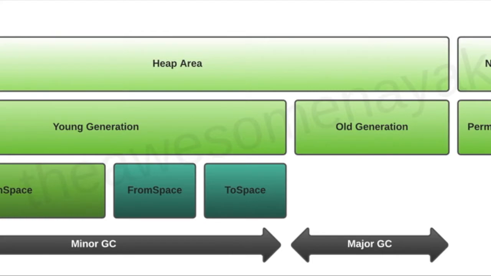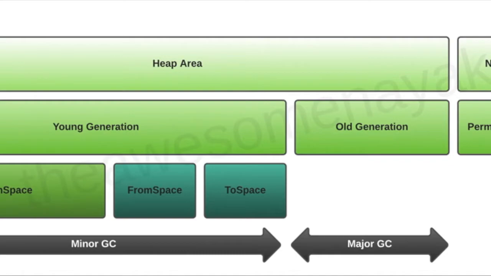So what is that pattern? Some of the objects will be used frequently, and some of them will initially be used many times, and then the calls will keep reducing, and their invocation will reduce over time. This is the pattern which always exists when we execute a program. So using this pattern, a strategy is designed.